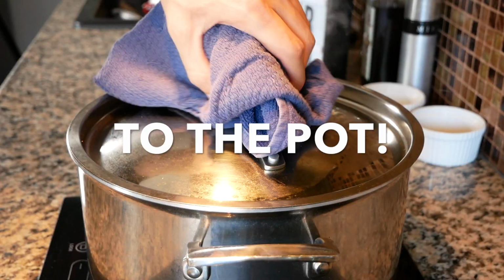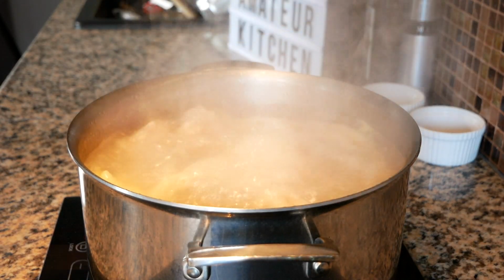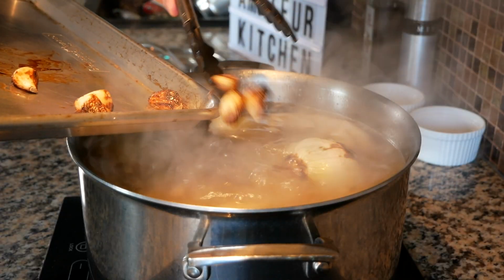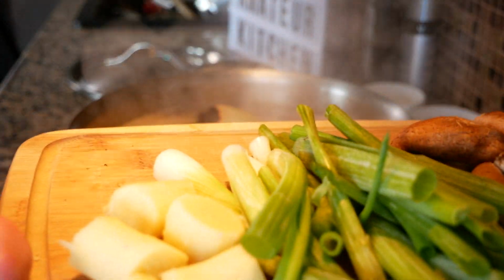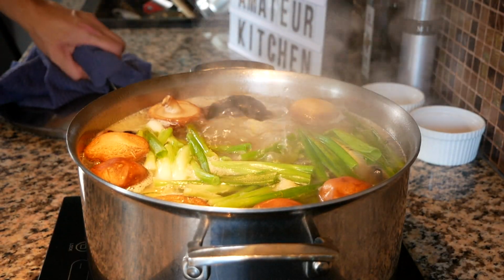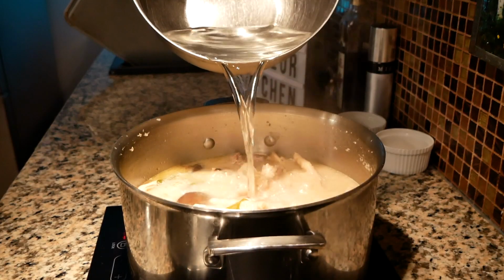That's better. All right, we're up to a boil. Let's add in our roasted veggies, along with our raw ones. Now we're gonna turn the heat down to the lowest possible setting while keeping a boil. Lid on. Now we're gonna let that boil for 8 to 12 hours, checking on it every hour to stir or add water if necessary. And 12 hours later,